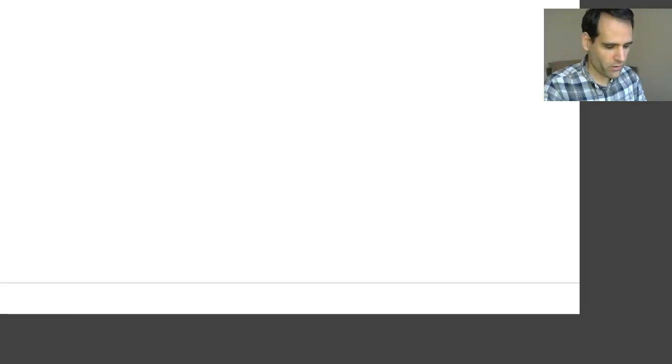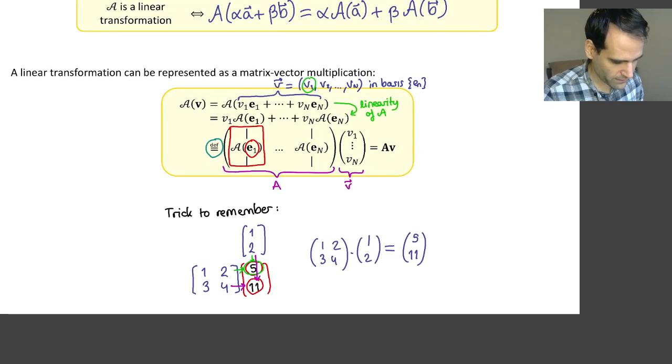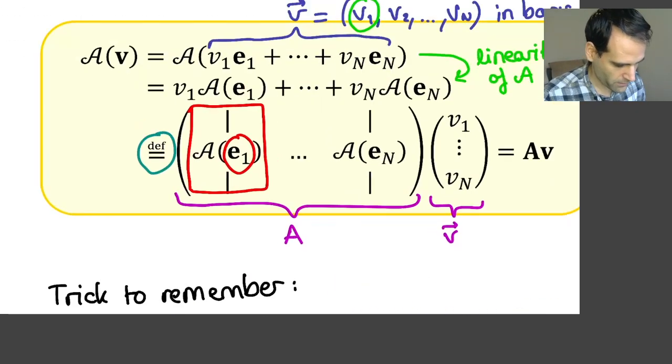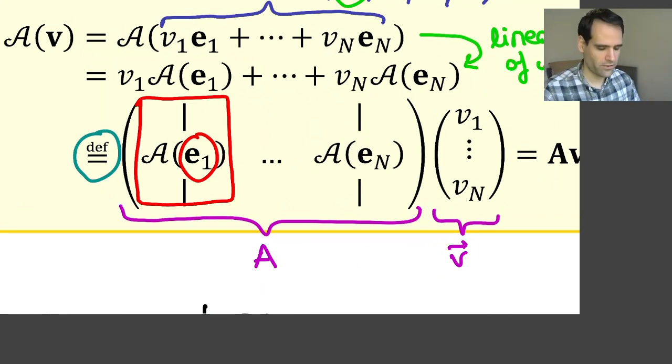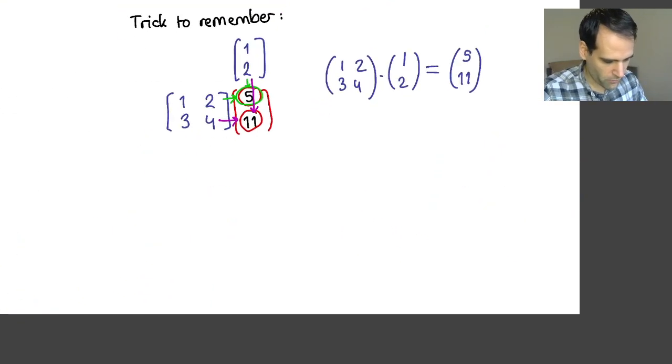Okay, so now we are ready to build some matrices. I'm going to tell you a transformation, and we are going to write the matrix that corresponds to this transformation. So this is how we do it. Remember that our rule was that the matrix A has as the different columns the transformation applied to the different unit vectors. So normally